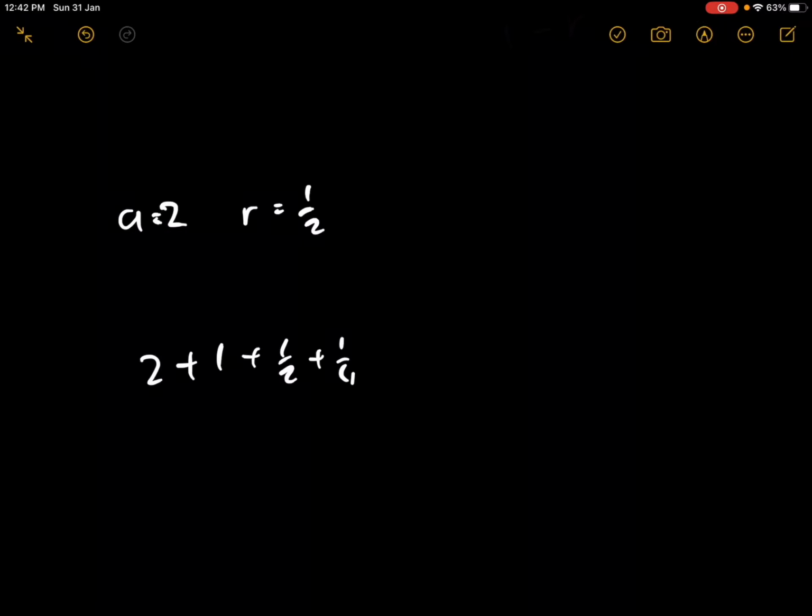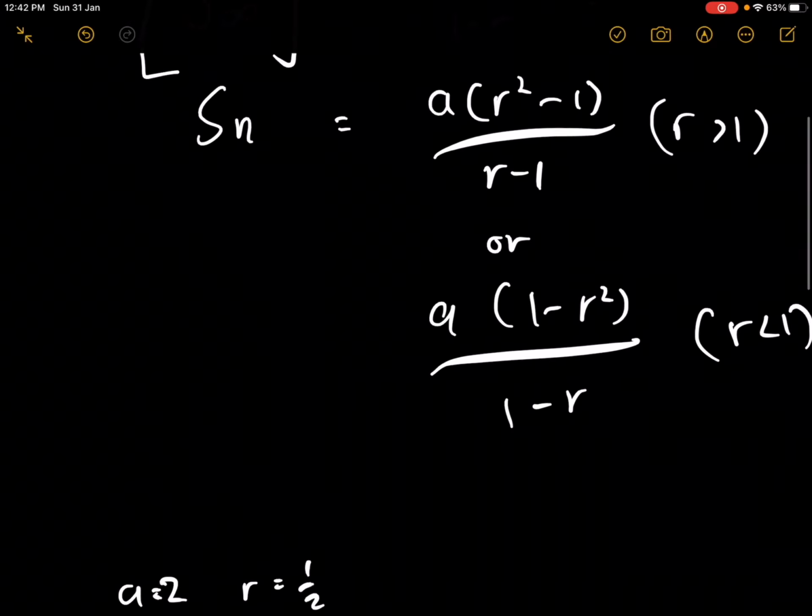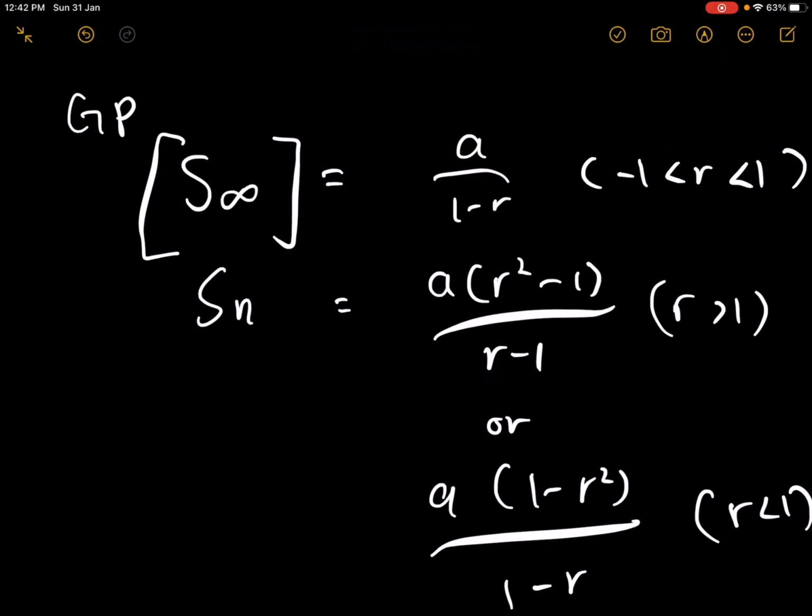But there are actually some GPs, APs, where it never works. Some GPs, if you have an infinite progression, will have a finite value. What I mean is, they will have a specific value no matter how many times you add it. If you make it go to infinity, it will stop at that specific number. So what do I mean by that? For example,